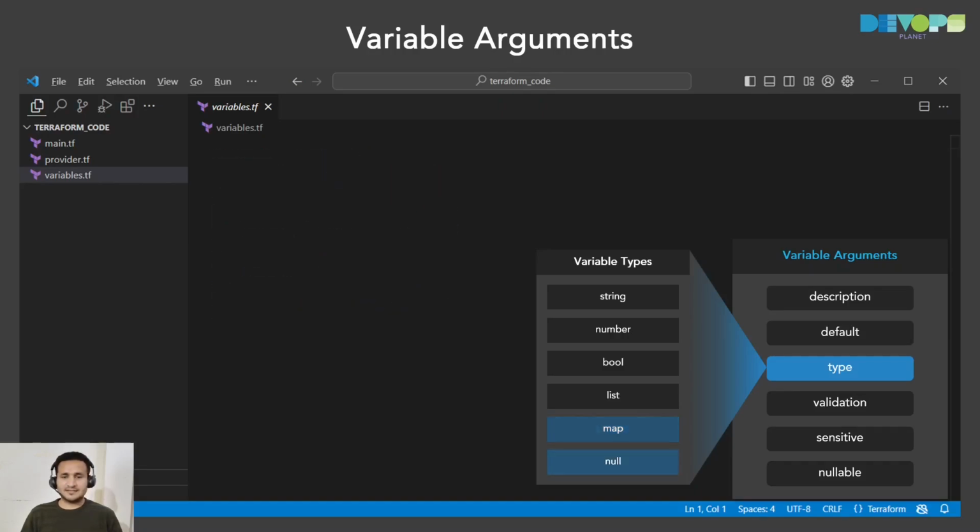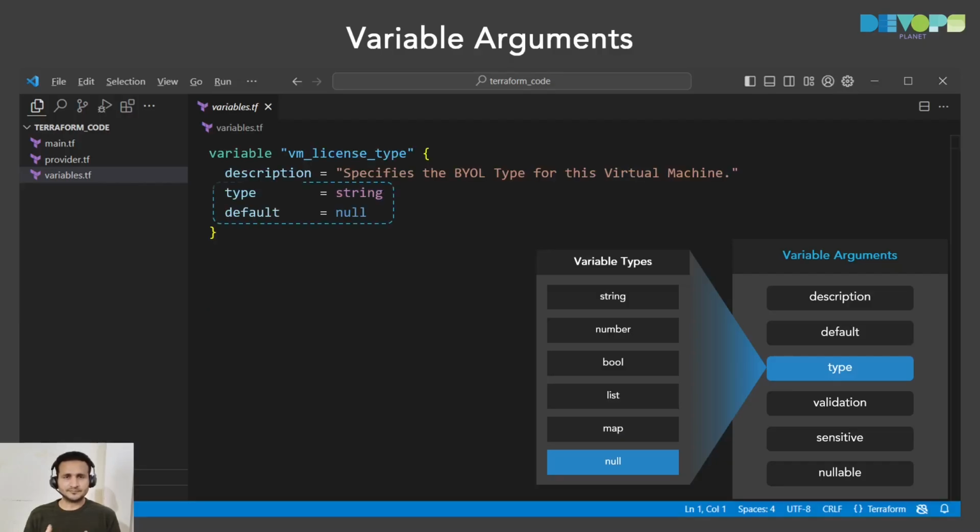And the last one is the null. It's not a type, but it's a default value of your variable. So type will be the string, but default value. If you can see on my screen, always whenever we are using a string, we put the value of the string into inverted commas. But in the case of the null, we are using just null without inverted commas. So it's a